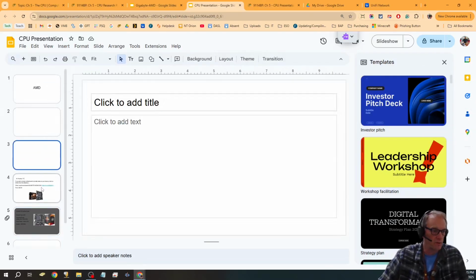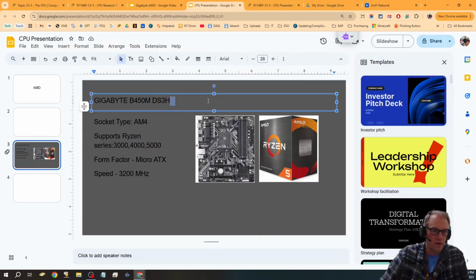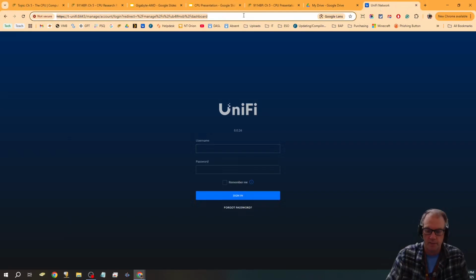I can go ahead and remove these other slides. I don't need them. So now I want to choose this one, and I'm going to put it up here. I'm going to put best value CPU. So now we need to find the best value CPU. I'm going to go ahead and go to Passmark